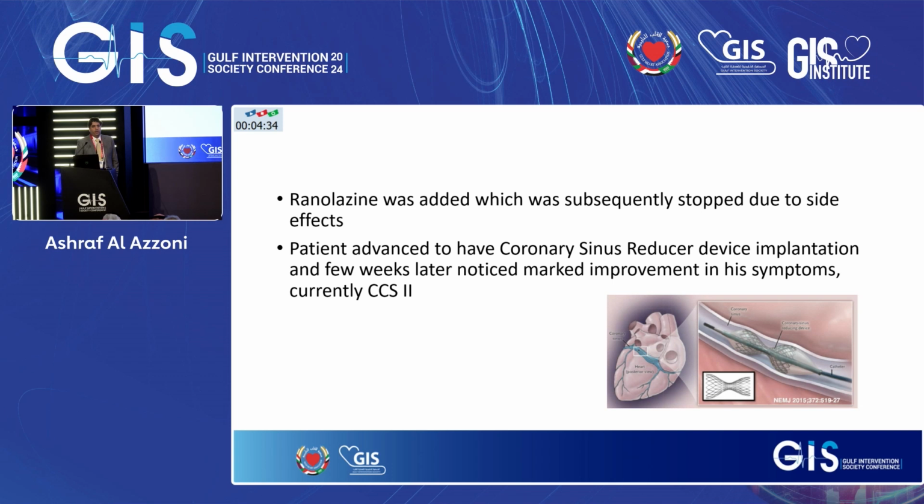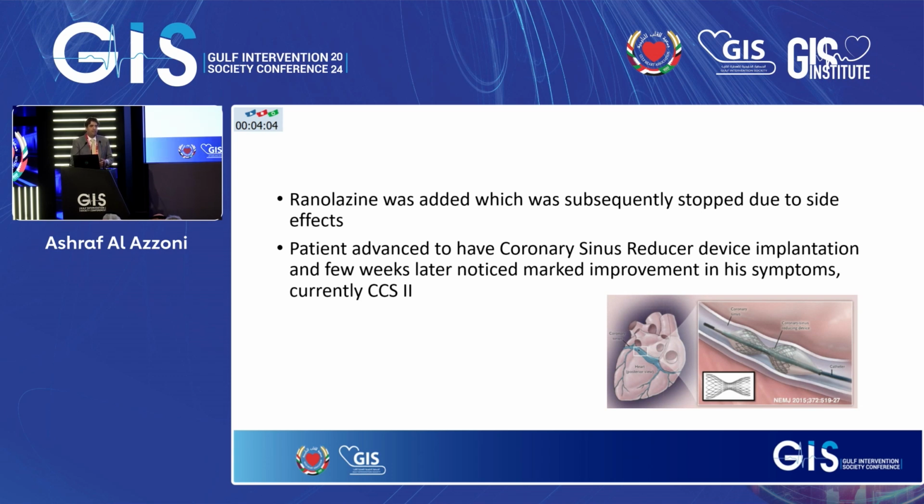We tried him on ranolazine, which usually works very well for such cases, but he could not tolerate it because of side effects, mainly GI side effects. So then we did the coronary sinus reducer device for him, and a few weeks later, because it takes a few weeks for the coronary sinus reducer to work, his symptoms improved in a dramatic way, and currently he is CCS2 angina. So I hope these two cases really highlight for you the importance of assessing physiology, because if you